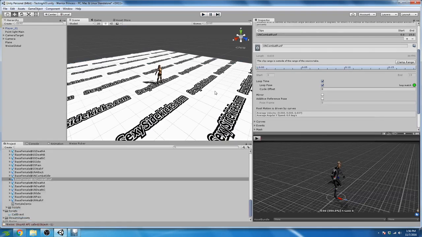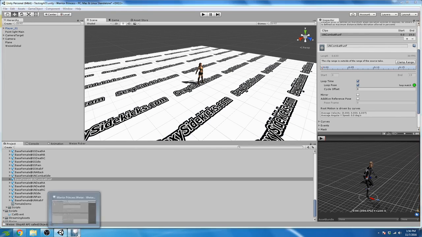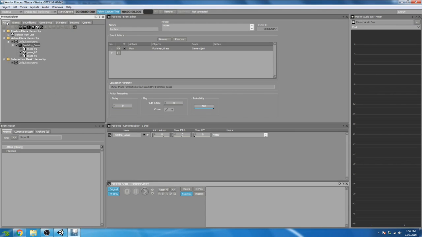However, we are going to refine these footsteps a bit by making them a little bit more appropriate for our avatar, and also by adding the option to switch to wood footsteps when we step into an imaginary terrain that has wood on it. So let's go ahead and open up Wwise and go to our